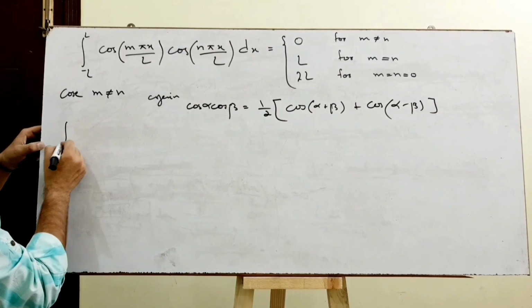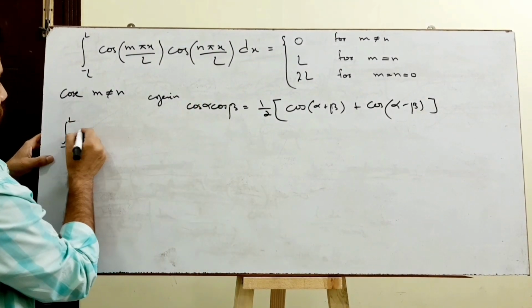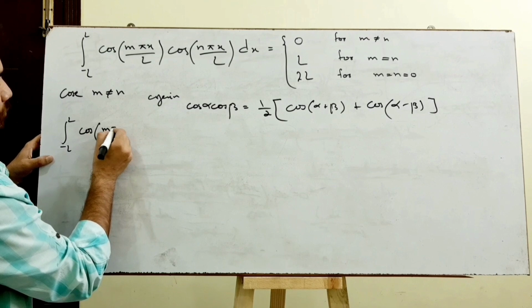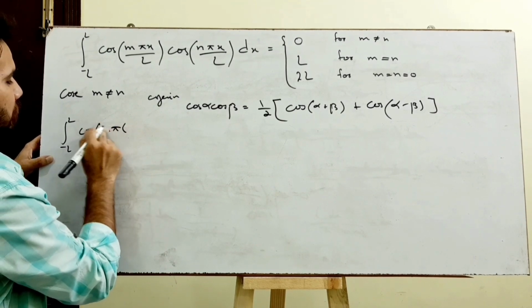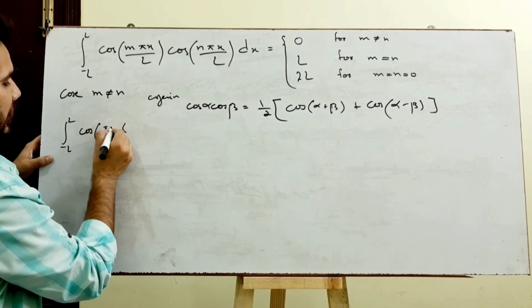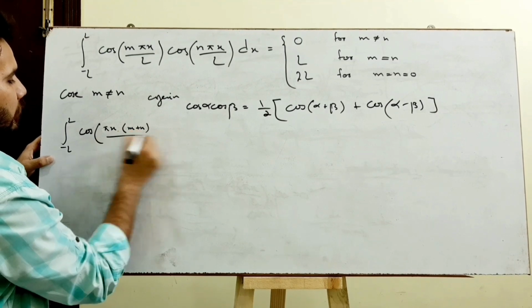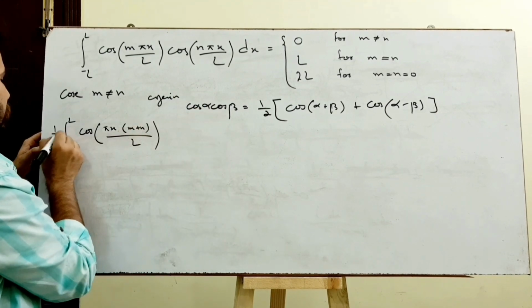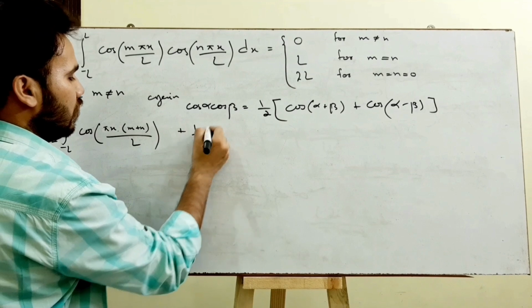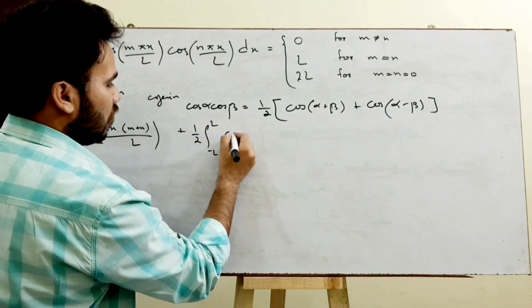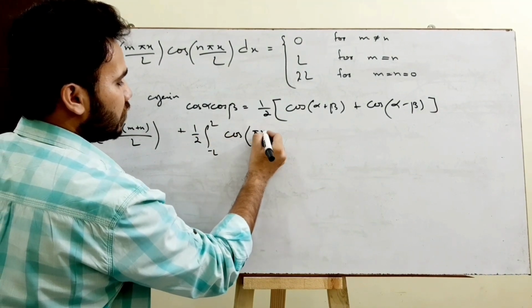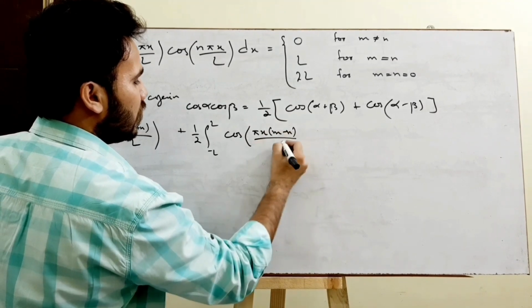This identity will give us the integral from negative L to positive L of half cosine(pi x (m plus n) over L), plus half the integral from negative L to positive L of cosine(pi x (m minus n) over L)